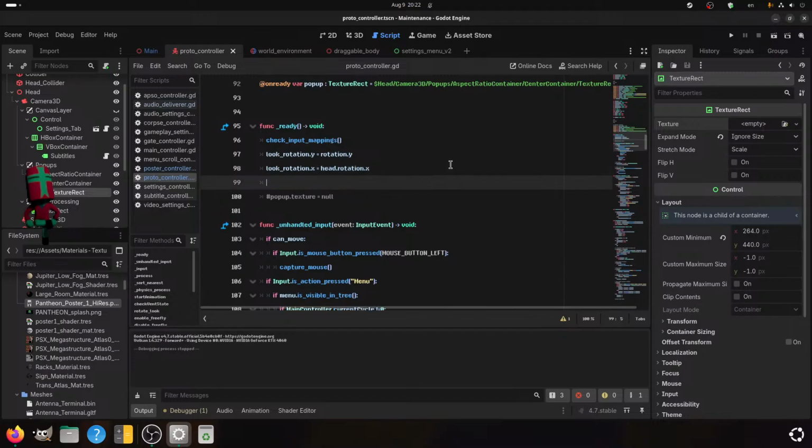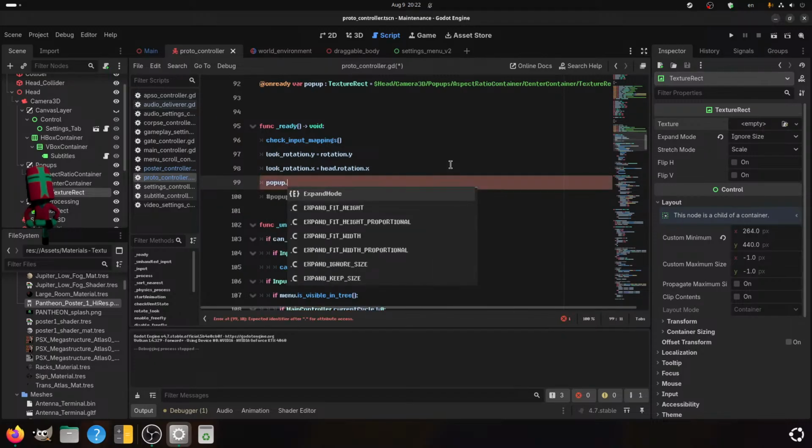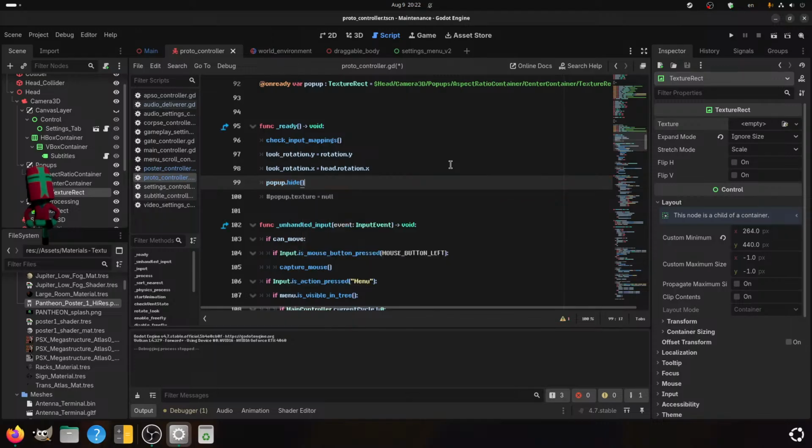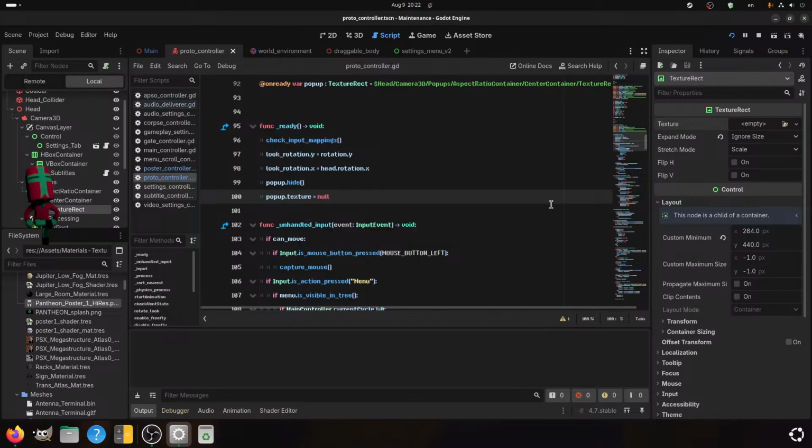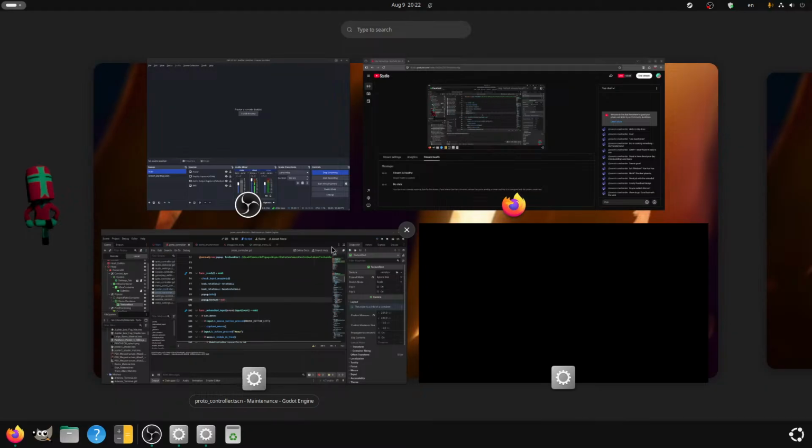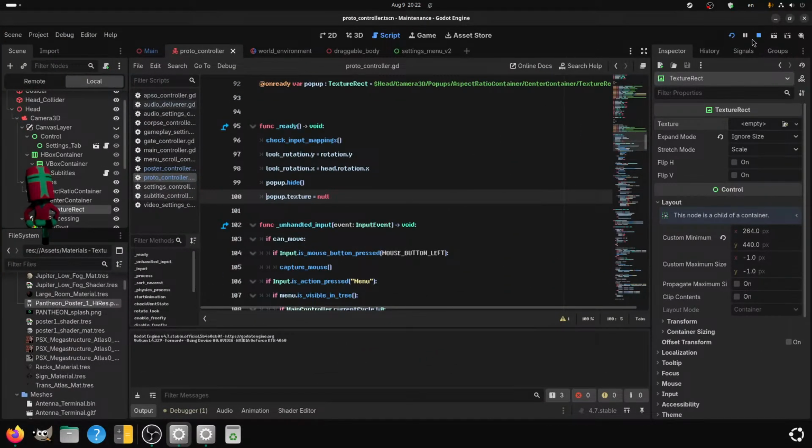So pop up dot hide. We do still need to run dot hide. Null seems to be okay. Apparently, we can't even hide it.